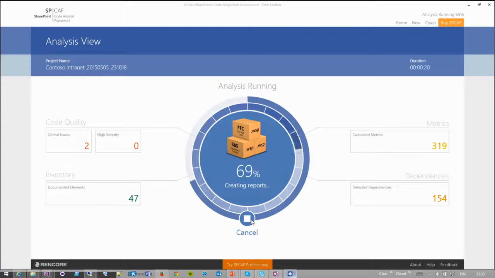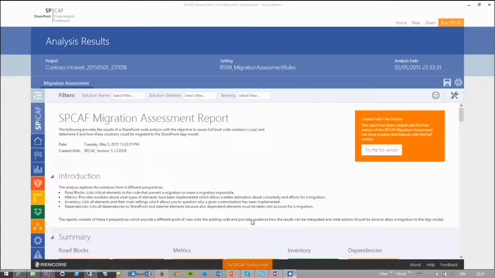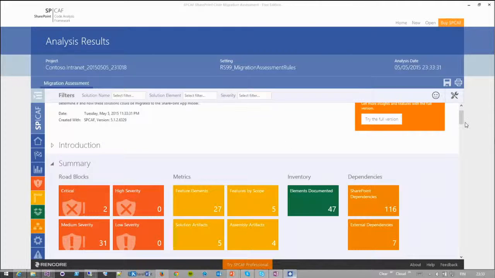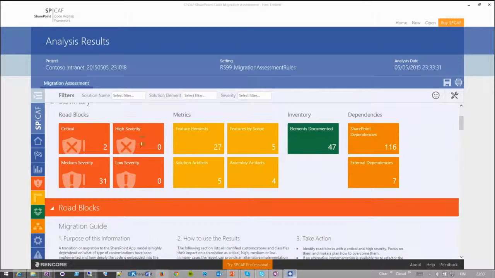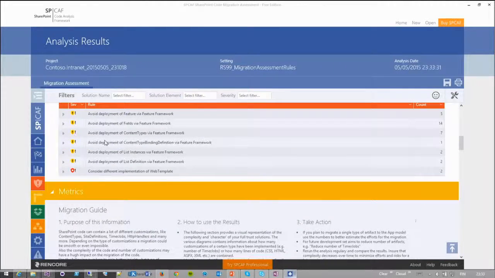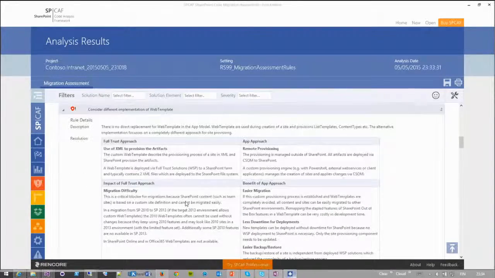And in this particular case, we're using just an example WSP package, and it's then showing me the results on that package. There are other tools as well, but personally I really like the SPCAF tool, and they've been highly helpful on providing a free tool available where people can actually use and look what might be the problems. So for example, in here we're able to see that we have a critical problem related on web template, and